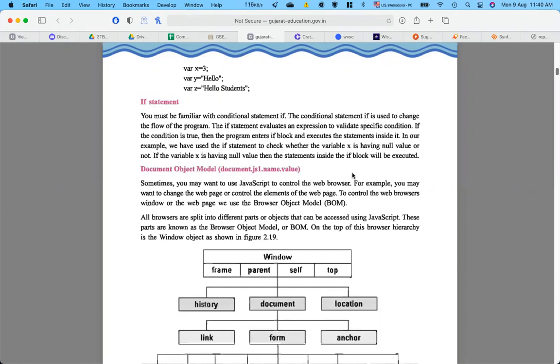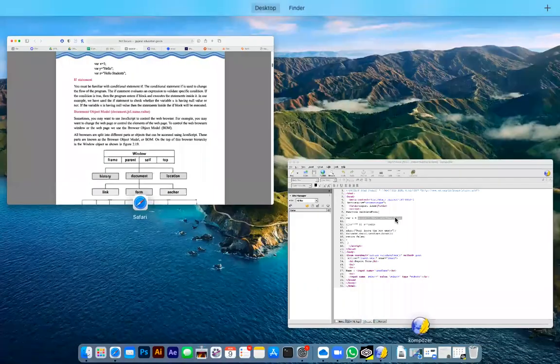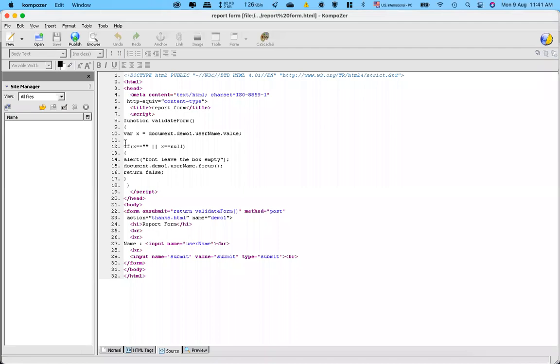The if statement evaluates an expression to validate specific conditions. Here we give an expression and then we validate that specific condition. And if the condition is true, then the program enters the if block and executes the statement inside it. So just like here, we have given a condition. What is the condition here? That if the value of variable x is equal to a blank space, that is two double inverted commas, so it is nothing but a blank there.